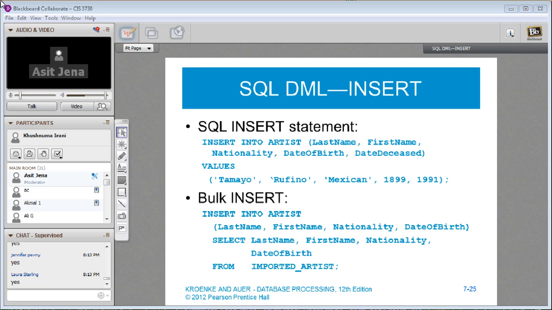If imported artist has 1,000,000 rows, the artist will have 1,000,000 rows. And this is a way, instead of writing one SQL statement at a time, we can bulk insert values from one table into another table.